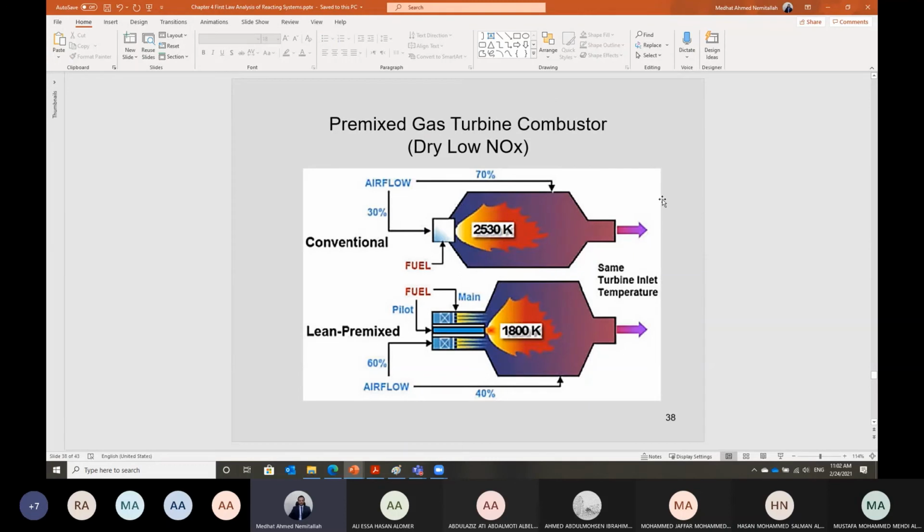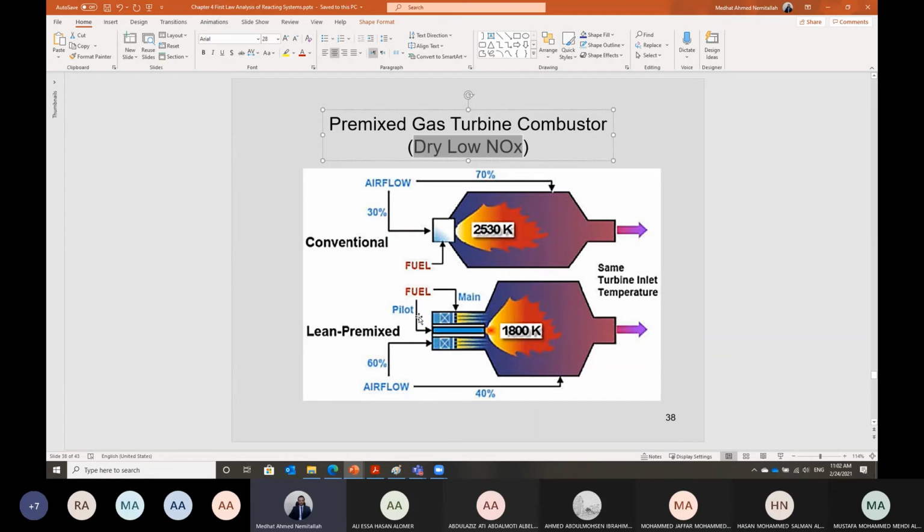That's why, shabab, most of the current research in combustion is going toward low temperature combustion. We call it pre-mixed combustion, pre-mixed low temperature combustion. We call it dry low NOx because it will reduce the emission of NOx, because it will reduce the combustion temperature. In this case, instead of feeding air and fuel separately and having a stoichiometric combustion zone inside the combustor, which means the temperature will be very high,